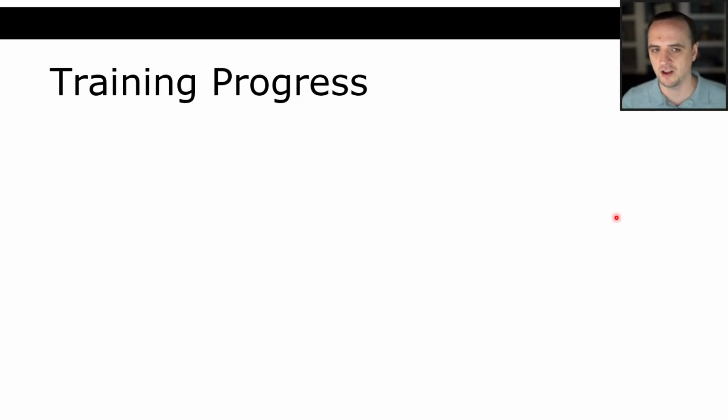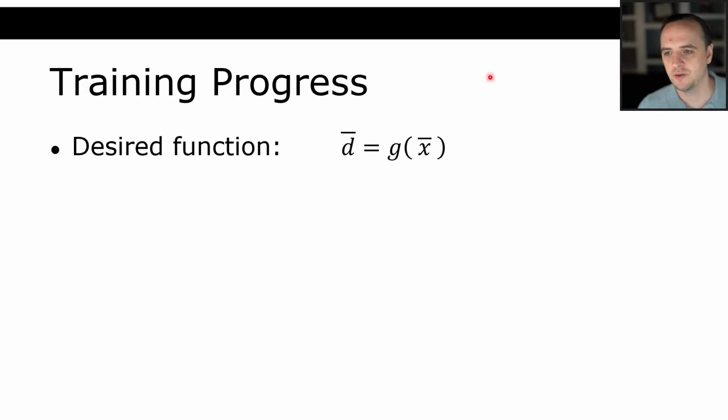So how does the training process happen? We are going to have a desired function. Let's call it D, right? That's the function we are trying to approximate with our neural network. It could be y equals x squared. It could be, is this image a dog or a cat? And that is going to be calculated by some actual function called g. So if we have some oracle function that can actually take the inputs and produce the desired output, that is what this function is. We don't have that function though, so we're trying to approximate it.